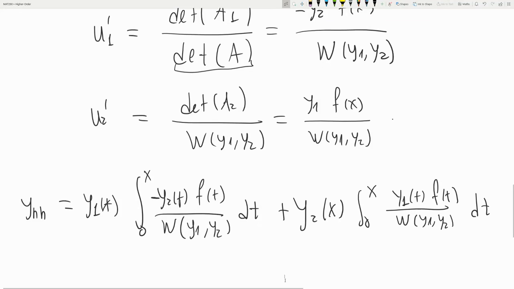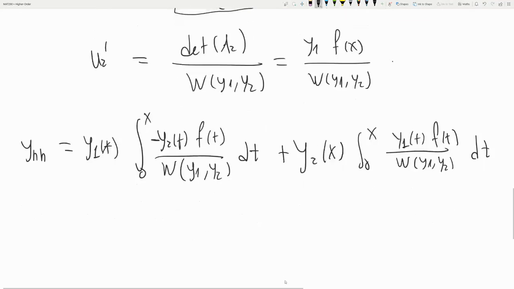All right, so that's the non-homogeneous part, and that's all for the method. Next, we